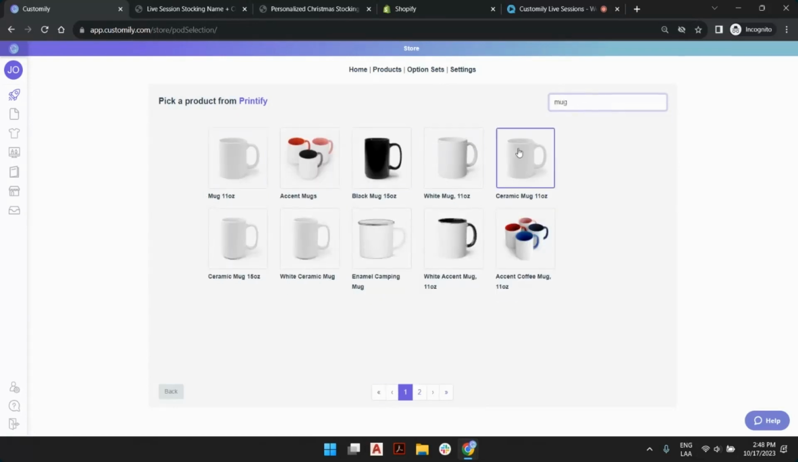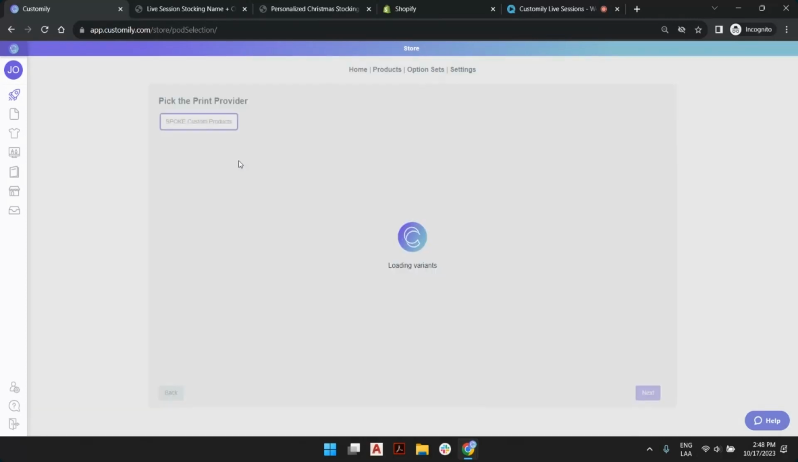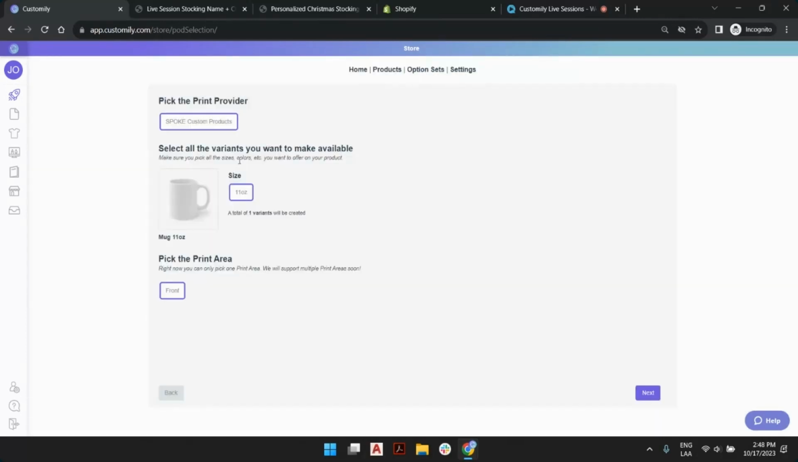Mugs, well, I have a lot. Let's go with the basic mug. Yeah. And this is my print provider, this is my size, this is my print area, and I can click next